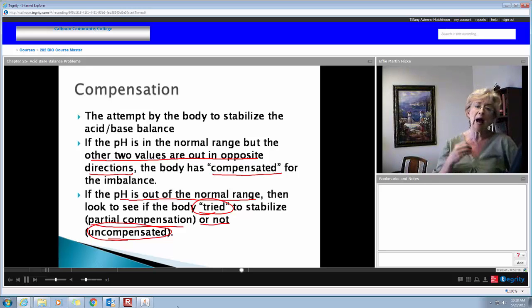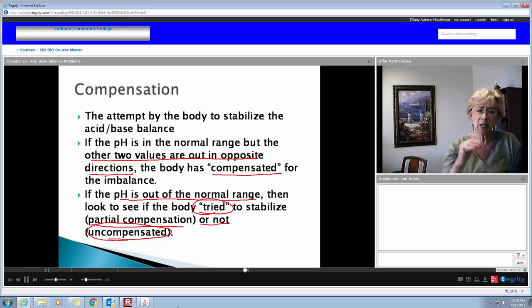We're going to see that the nursing department only requires you to determine whether the acid-base balance has been compensated or is uncompensated. I'm going to take you a step further because it is important in biology, and it's important for the doctors. So you're going to med school or pharmacy school, you're going to be interested in looking at whether the body attempted to compensate, because that's going to help you with a diagnostic tool.